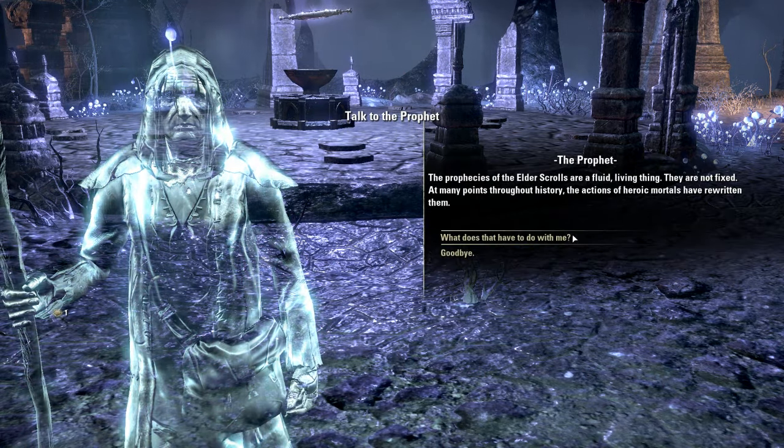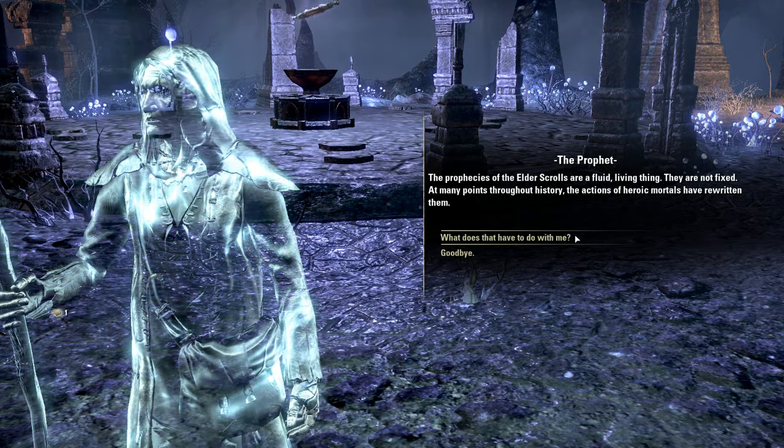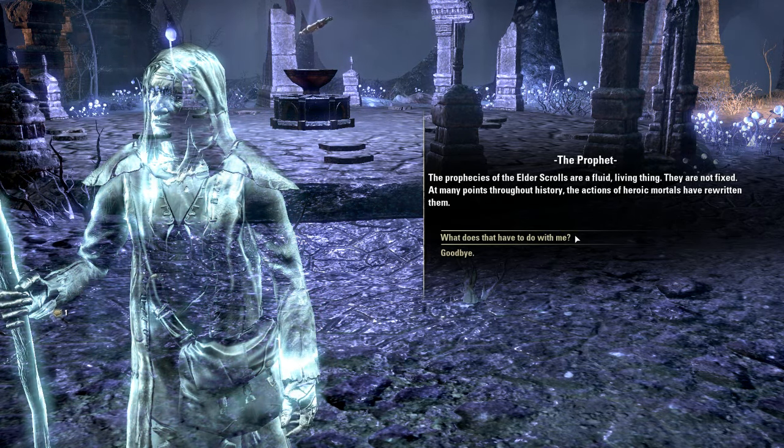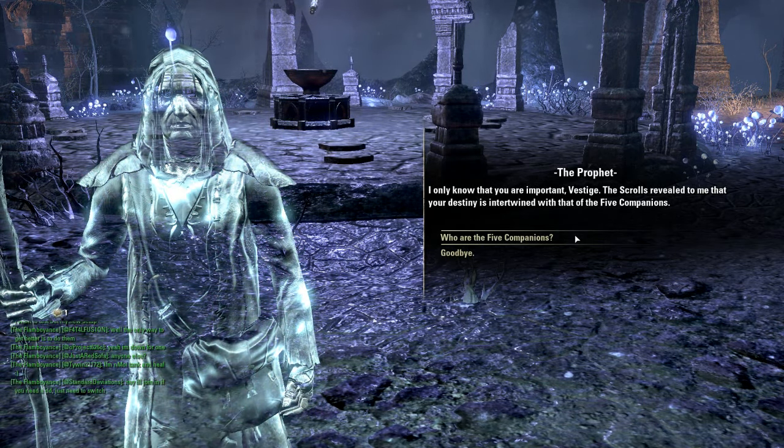The prophecies of the Elder Scrolls are a fluid, living thing. They are not fixed. At many points throughout history, the actions of heroic mortals have rewritten them. I only know that you are important, Vestige. The scrolls reveal to me that your destiny...